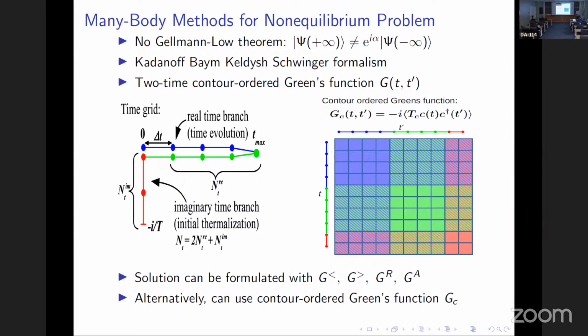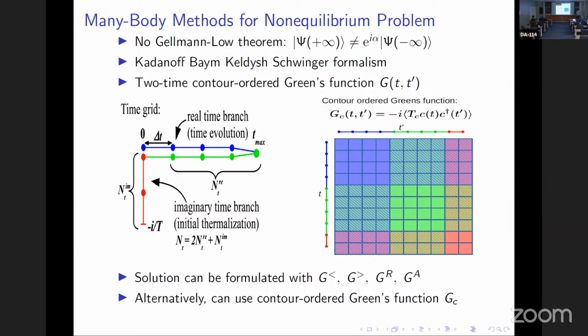So you may formulate the many-body solution either in terms of this contour-ordered quantity, or you can go back and rewrite the many-body formalism in terms of the different types of Green's functions. So the lesser, the greater, the retarded, the advanced, and the list continues here with the mixed Green's function with one time here and one time here, or with both times here, the Matsubara Green's function. So you can write that formalism involving all these different Green's functions. But alternatively, you could just use the contour-ordered Green's function. This contour-ordered Green's function